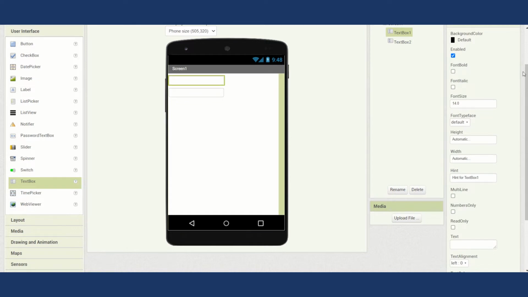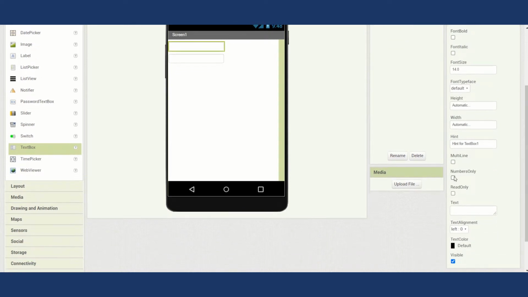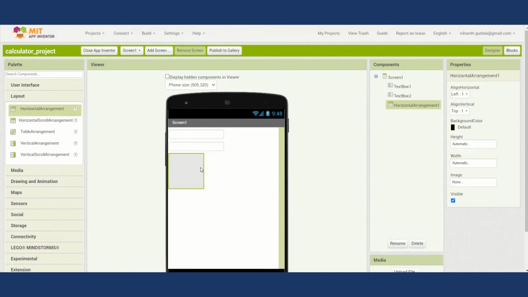and set both of them to numbers only, and give them a hint value 1 and value 2. Now take a horizontal arrangement layout, make it width fill parent, height automatic, align it in center,